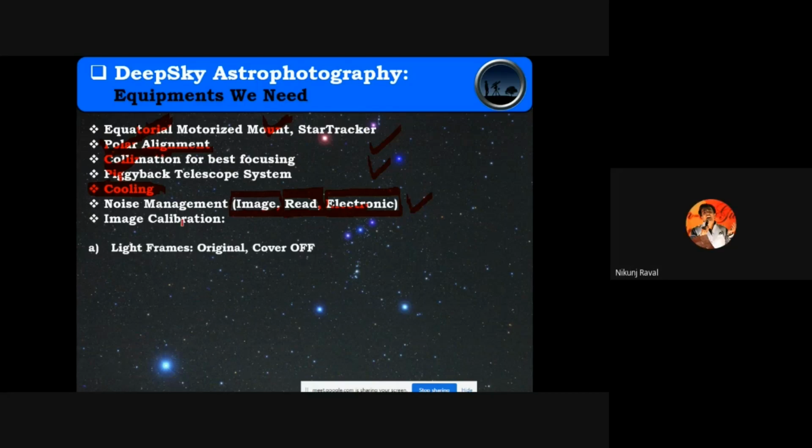ओके, आपको फोटोग्राफ्स कैसे लेने हैं? लाइट फ्रेम्स, देयर आर थ्री टाइप्स ऑफ फ्रेम्स: लाइट फ्रेम्स, डार्क फ्रेम्स एंड ऑफसेट फ्रेम्स। लाइट फ्रेम क्या है? आप ओरिजिनल जो फोटोग्राफ्स है वो है।